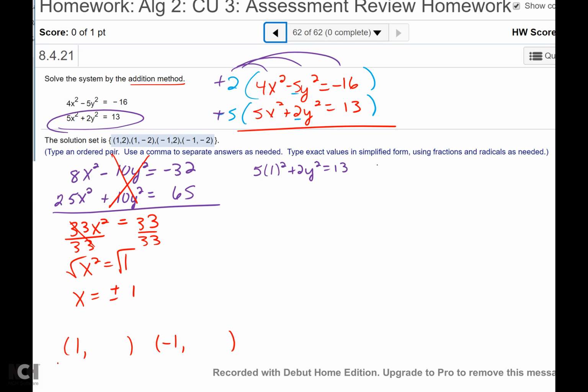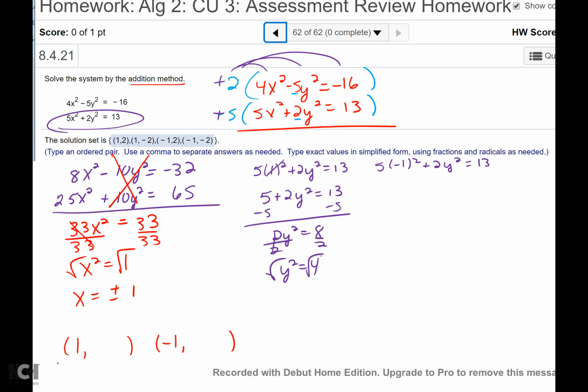And then I'm going to have to plug in the negative 1. 5 times negative 1 squared plus 2y squared equals 13. 1 squared is 1, that's 5, plus 2y squared equals 13, minus 5, 2y squared equals 8, divide by 2, y squared equals 4, square root, and I get y equals plus or minus 2, which gives me a problem